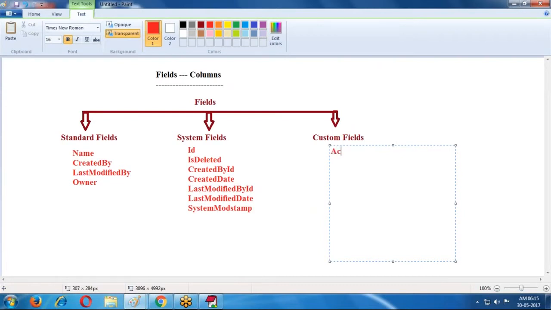Suppose account, amount, salary, country, state, city, phone number, email, ID, address, date of birth, account type, transaction type.